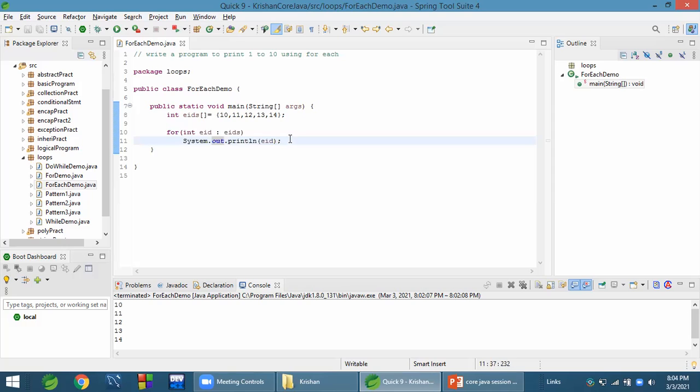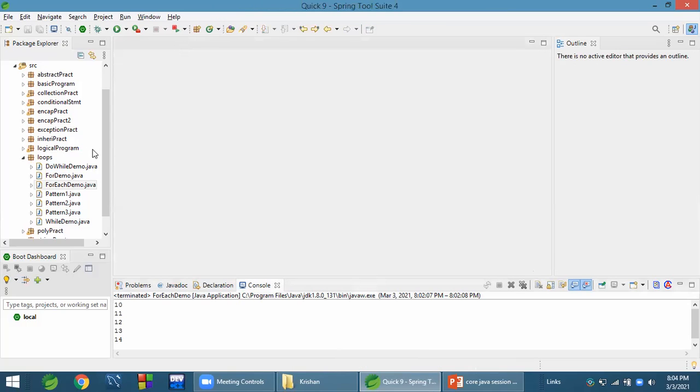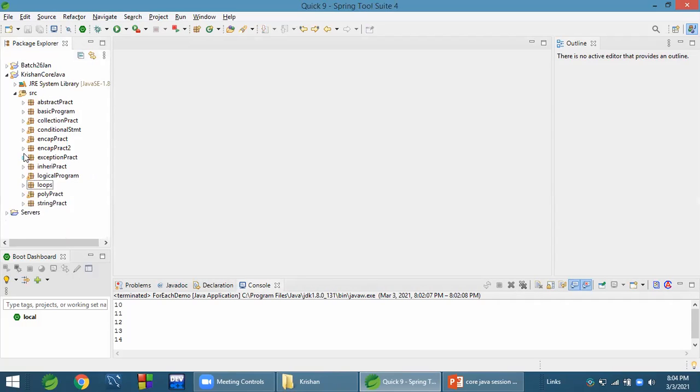Now we'll see one simple example program, a logical program. You can start writing. I give the title, start writing a program. It's a simple program.